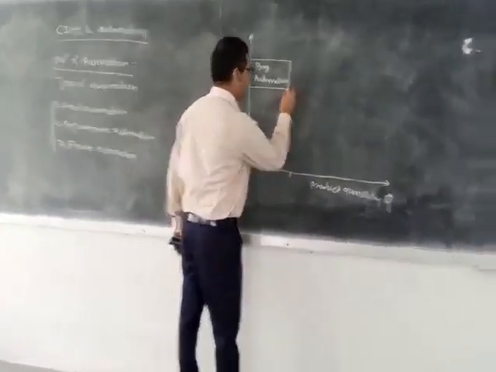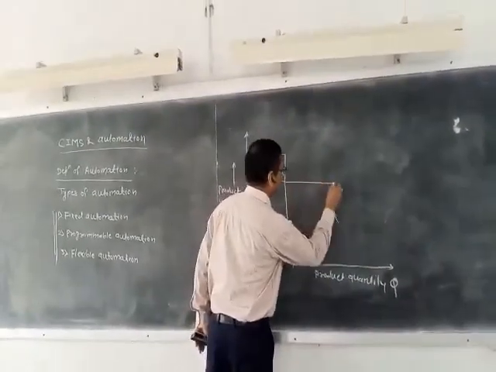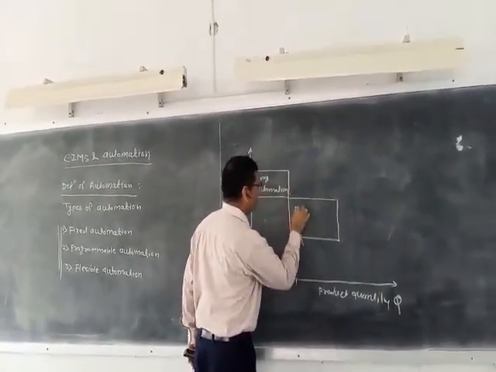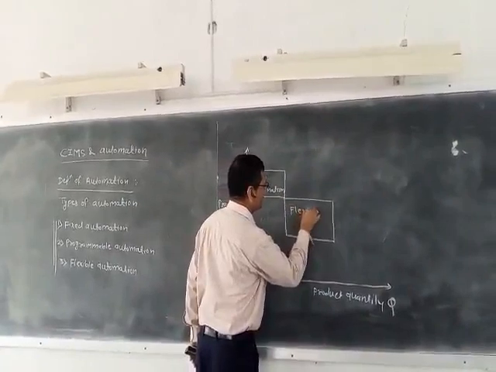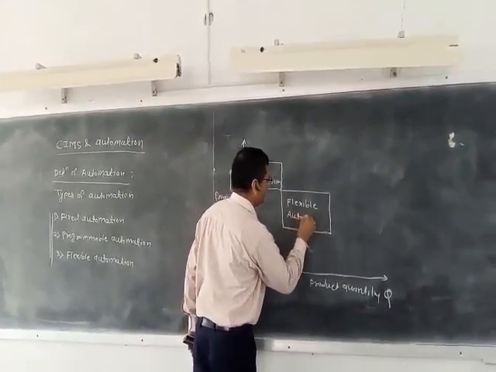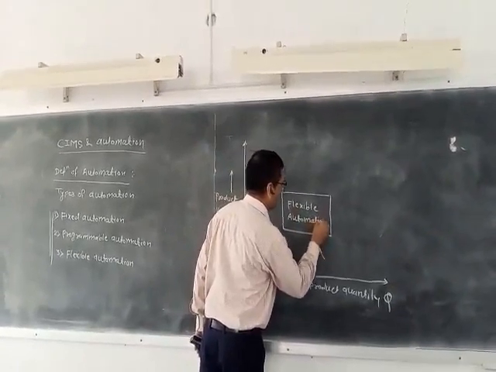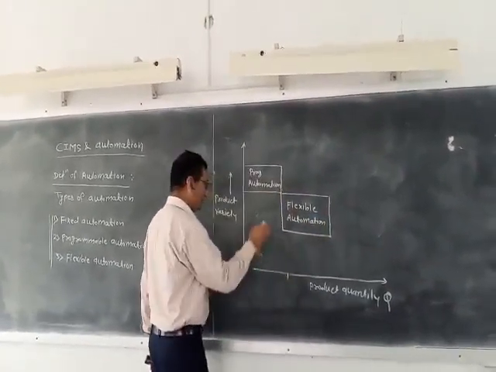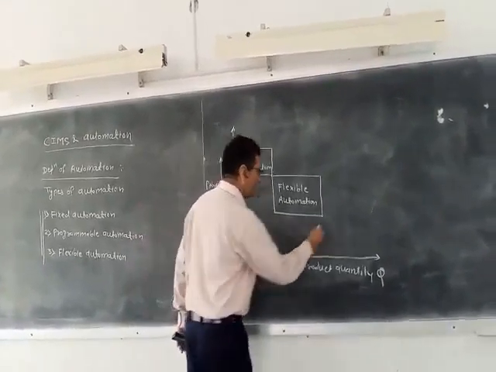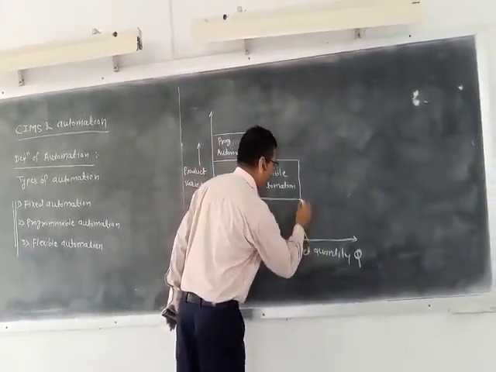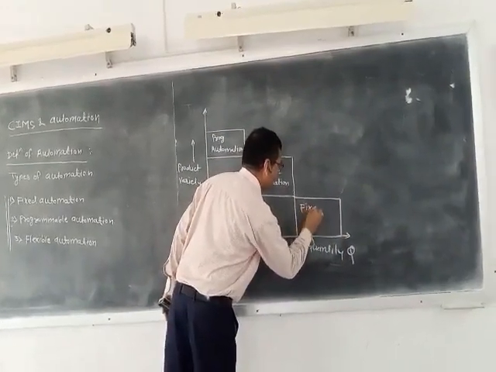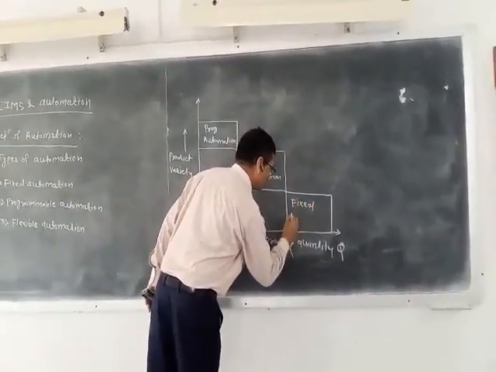Then second, you can say this comes your flexible automation, wherein your varieties will be somewhat reduced, but quantity will increase. And third is your fixed automation, wherein you will have less variety and